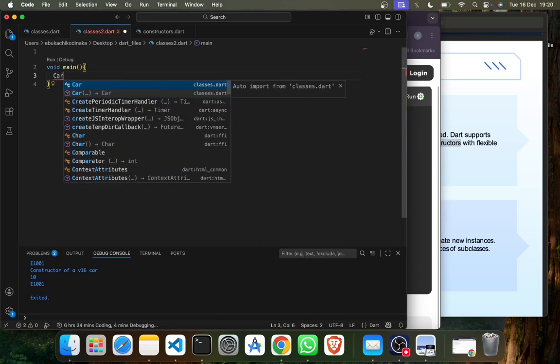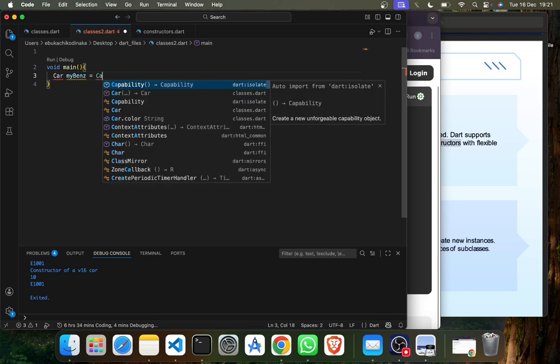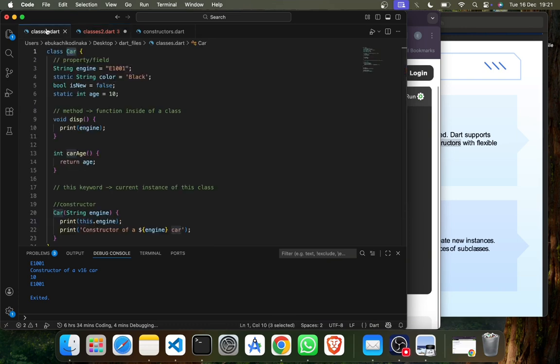So I'm going to say car, let me say this is my Benz, and then instantiate it with this car. Now what is going on? I cannot access